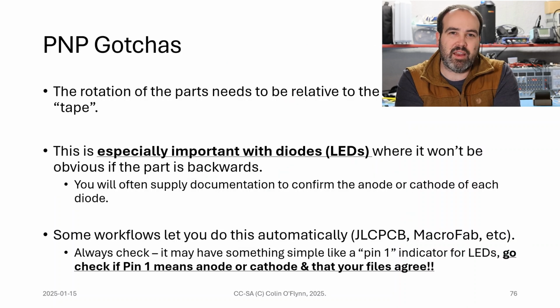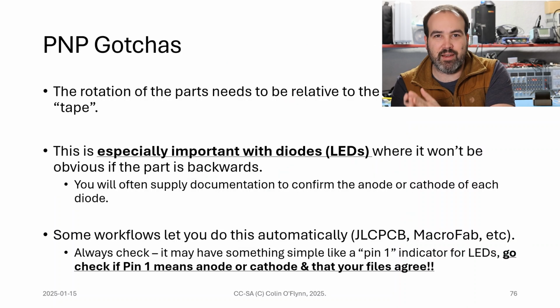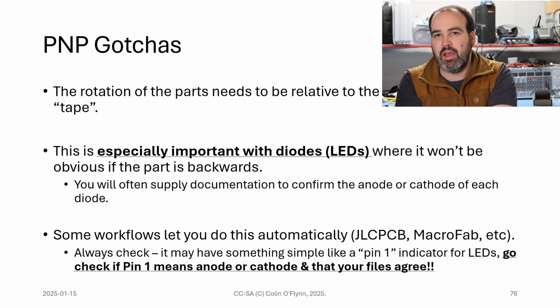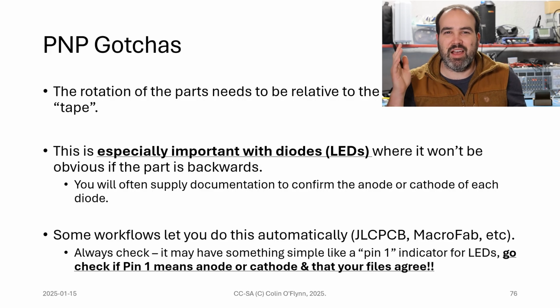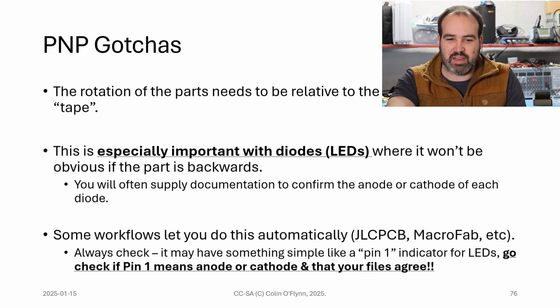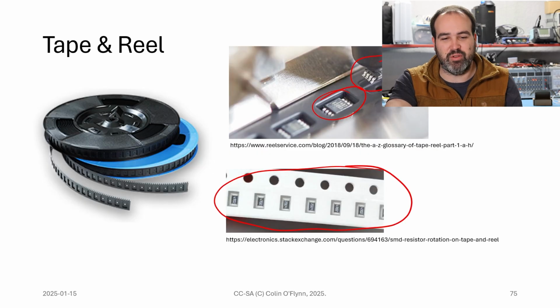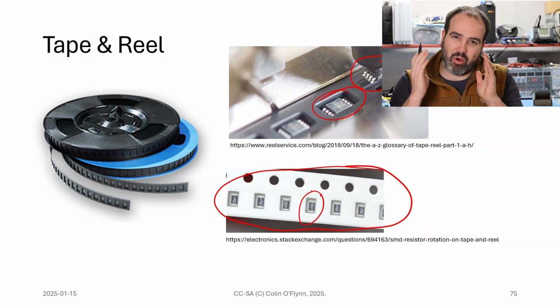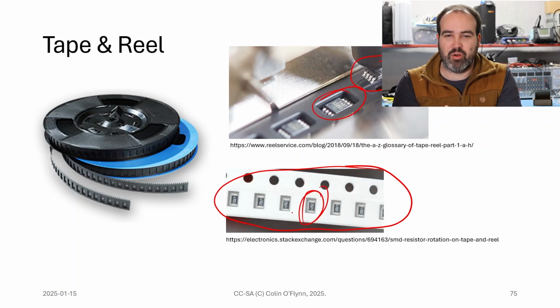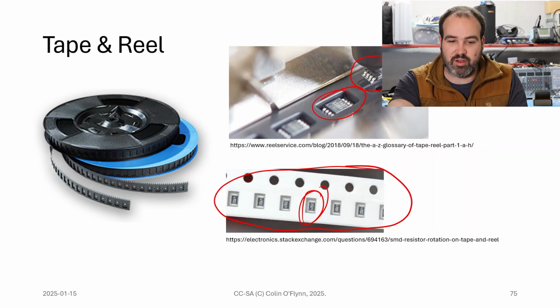It'll be specified in the datasheet, so you'll have to go look at the datasheet if you want your file to be accurate. Most of the time your manufacturer just doesn't trust it. They're going to go through and look for things like resistors. It should be accurate. Don't mess that up or they'll hate you, because these are easy. They're always the same way. Worst case, I guess they'd rotate all your resistors and capacitors, but